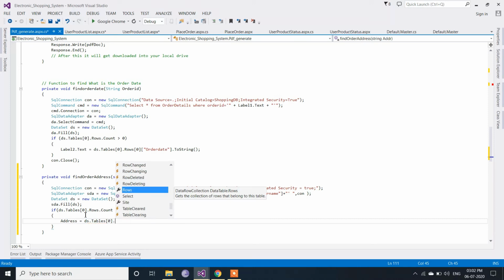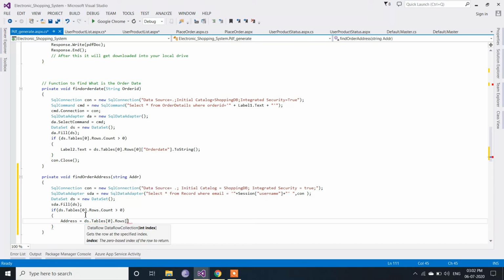Then we have to provide the column name. So the column name for that is address, and we have to convert it to string format. So now we have assigned the value to the address variable.